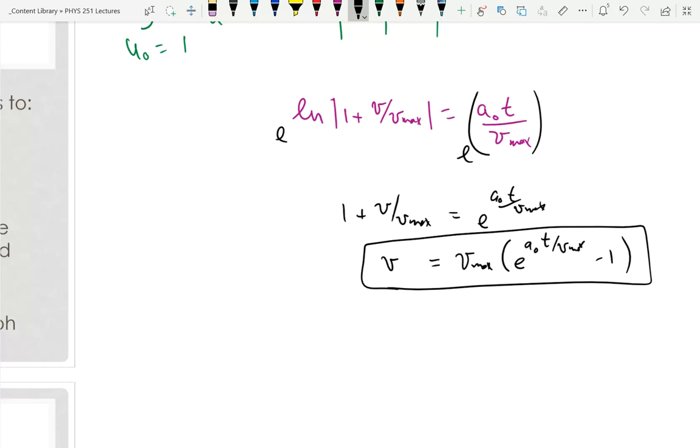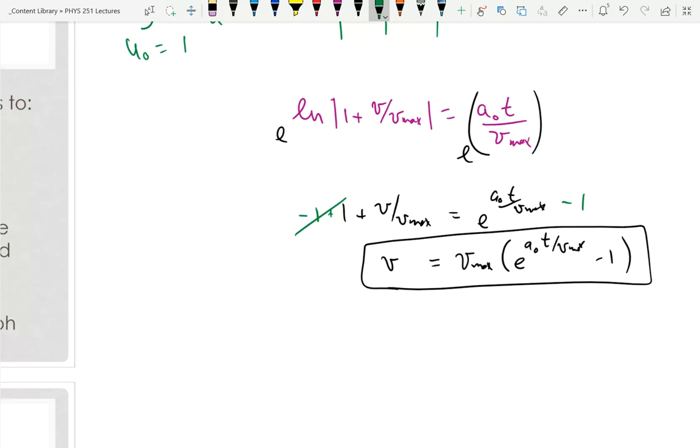Shouldn't the -1 be outside of the parentheses of the exponent? No, the first thing I have is the exponential, and then the first thing I do is I subtract 1. Okay, I see. I have to put an artificial +1 so it doesn't make non-mathematical sense. So those go away, and I have the e to the stuff -1, and then I multiply across the Vmax. So there's the equation for my speed. At time equals 0, e to the 0 is 1, minus 1 is 0, so it'll be 0 speed. And as time gets large,